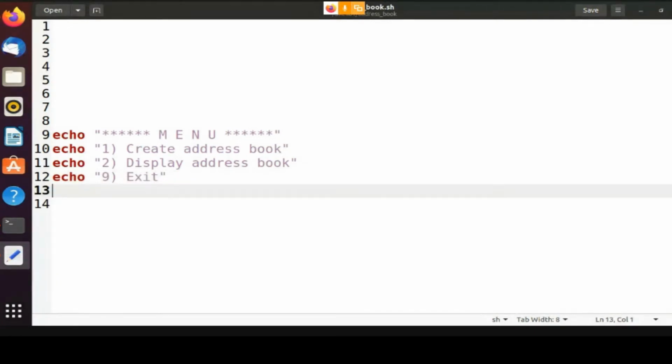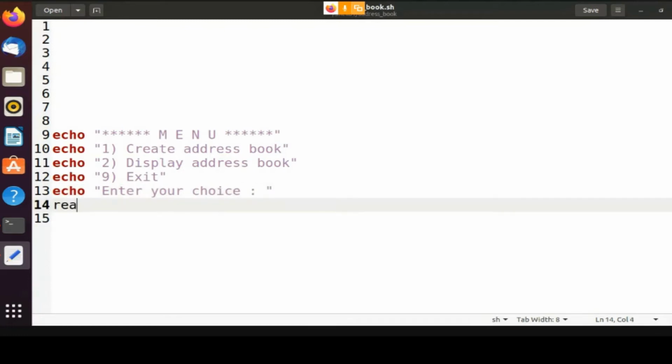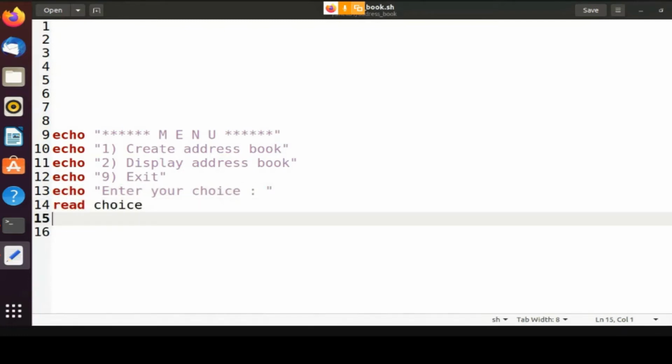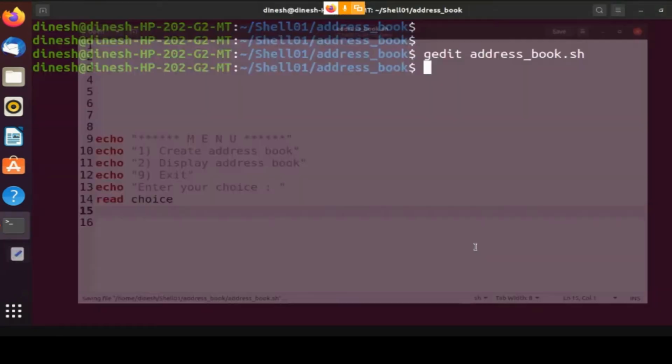The rest of the menu we will add later. Then we'll ask the user to enter your choice, and read the choice. That's it, I'll keep it short, and we'll run it.